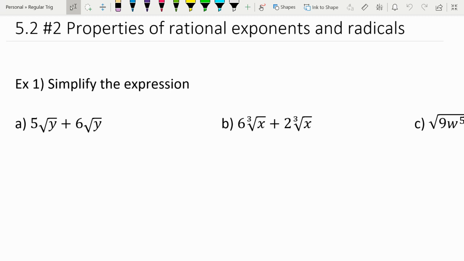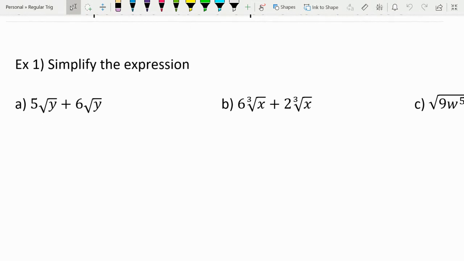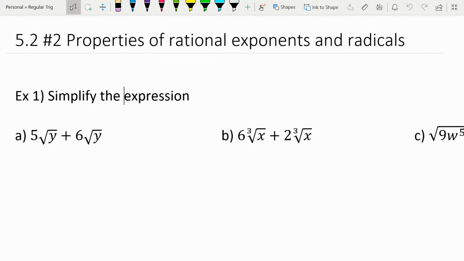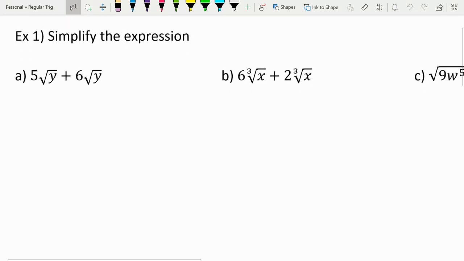All right, so second day of some radicals. Here we're going to simplify. Now, if you watch the previous video for 5.2 day one, you'll see that there was a point where we were combining some like terms. So really quickly, just reviewing,